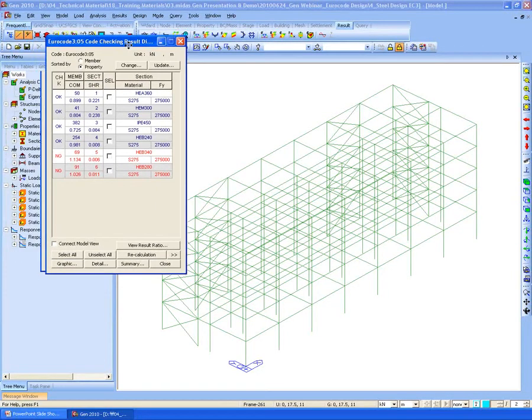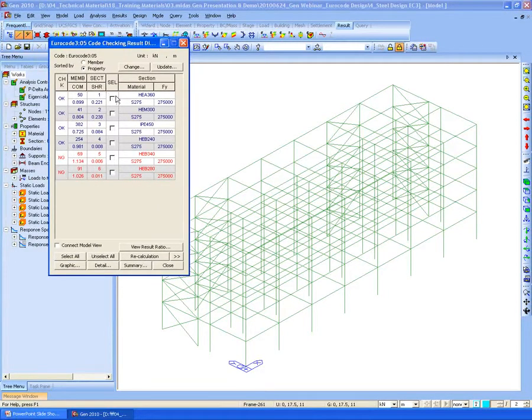Once we perform the steel code check, it's the same.